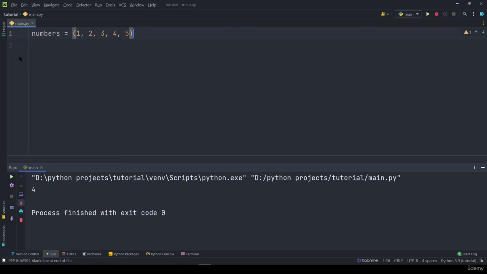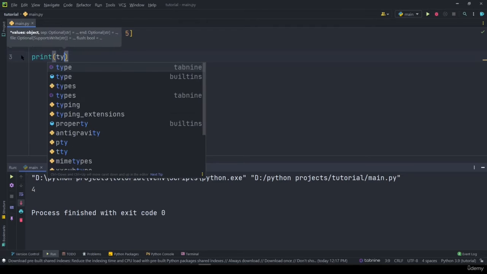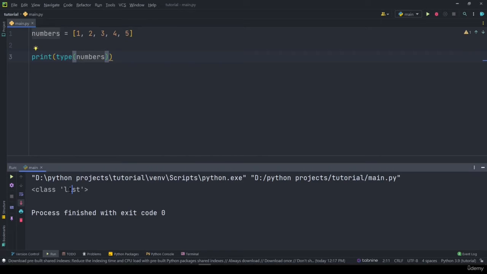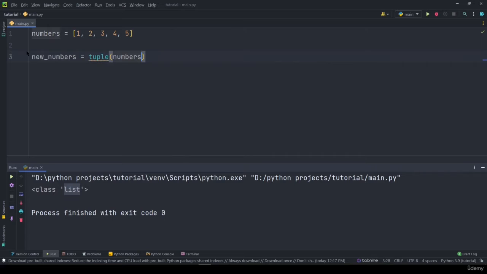You can convert a list into a tuple using the tuple method. I am changing this to a list. Now this is actually a list. Just to prove my point, I'll say type of numbers. If I run this program, it is actually a list now. Now if we want to change this to a tuple, I'll say new numbers is equal to tuple of numbers, and print numbers and print new numbers,